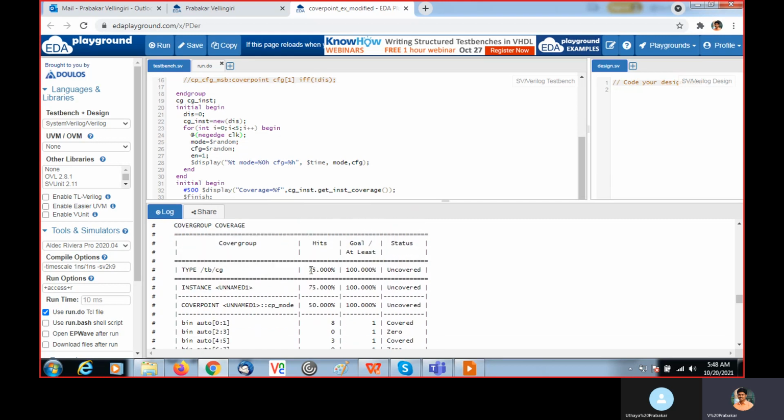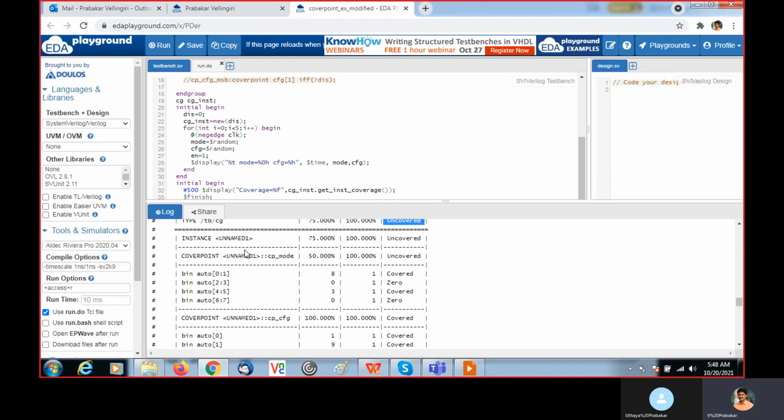Then the overall coverage. The default goal is 100, and the goal we can set with the help of option.goal. For 100 we are obtaining only 75%, so it is uncovered. For this instance there are 2 cover points.